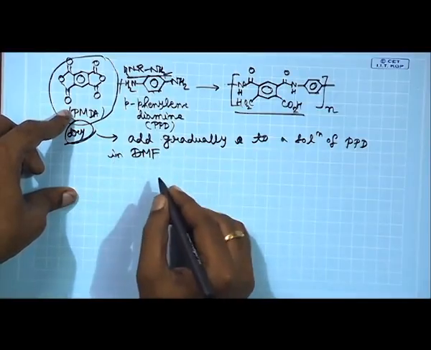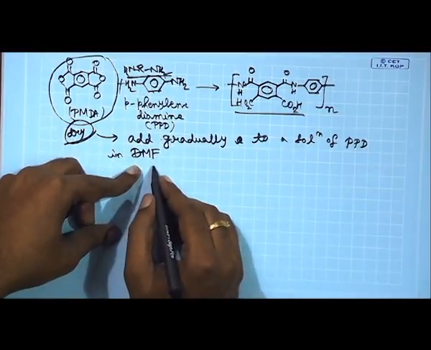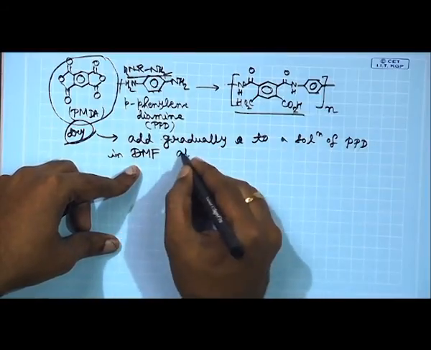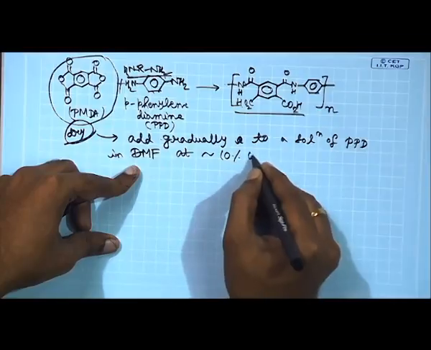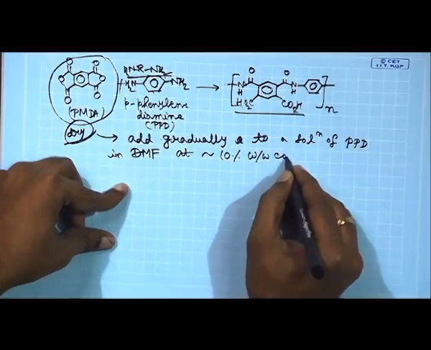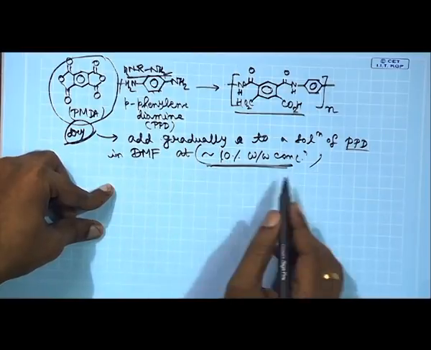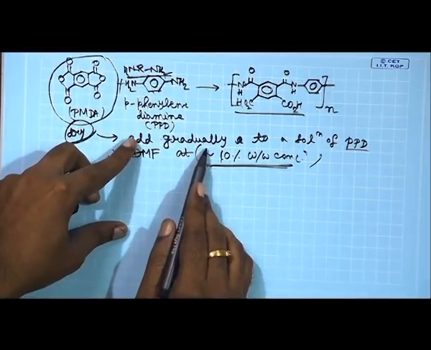Already we had shown the structure of dimethyl formamide. At around 10% weight by weight concentration you have started, say PPD is at around 10% weight by weight concentration, and you add this gradually,